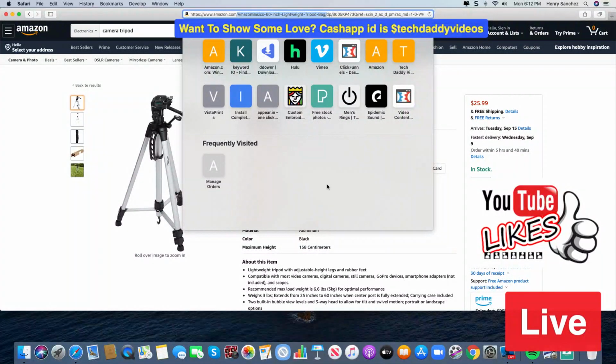So those 5 keywords are what Amazon actually found when it found this listing. So when you look at this listing here, the 5 major keywords that were found on this listing were these 5 keywords: Amazon Basics, 60-inch, lightweight, tripod, and bag.